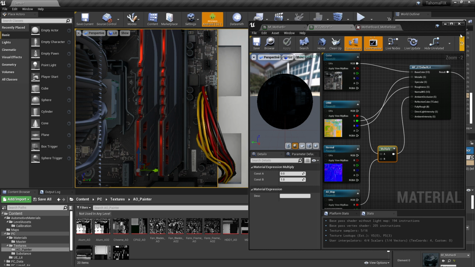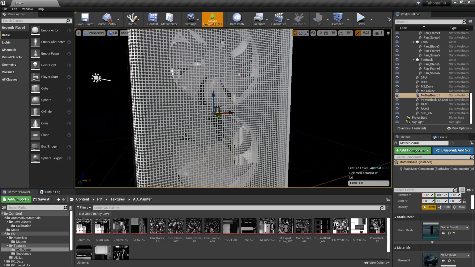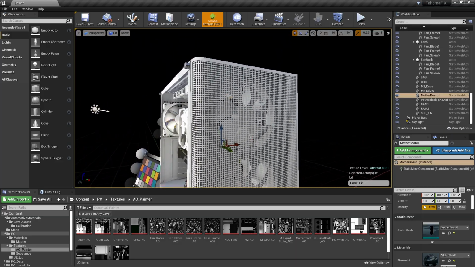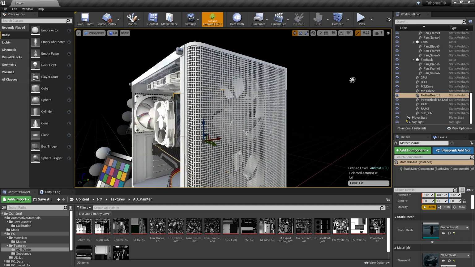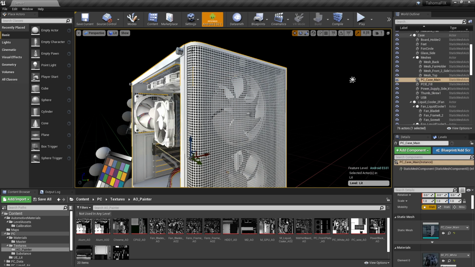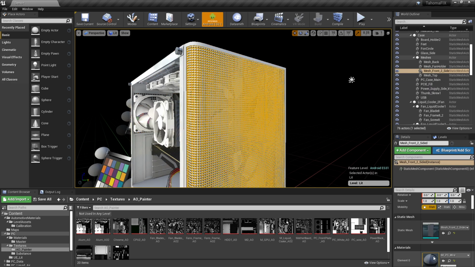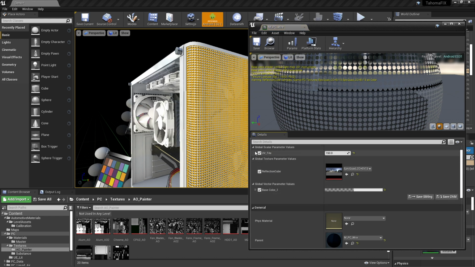So the next thing that we want to talk about is tiling and how to get some performance if you've got meshes that have repeating textures on them. This is actually really pretty awesome. This is a great tip. So I've got this mesh here. Let's go ahead and grab that. It's kind of hard to select. I think I got it. Perfect. Bring up the master for this. You can see I've got my UV tile set to be 150 on that.